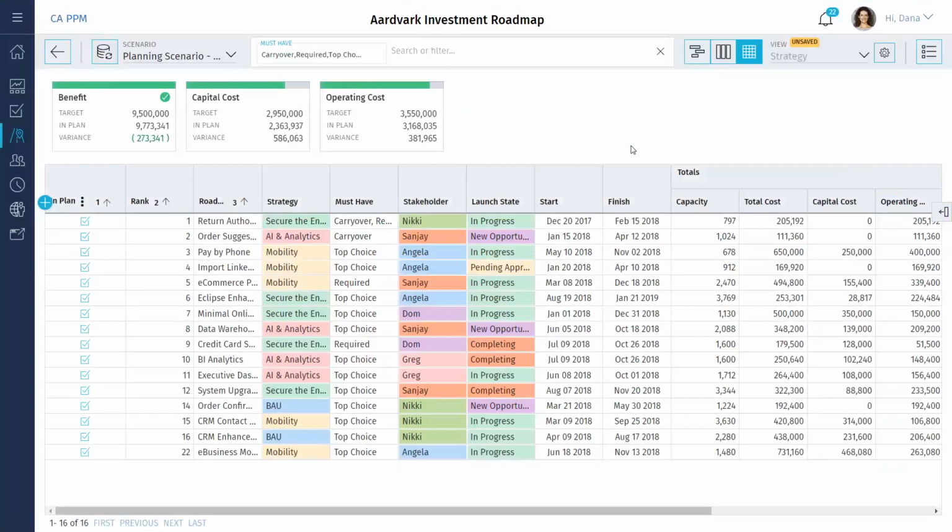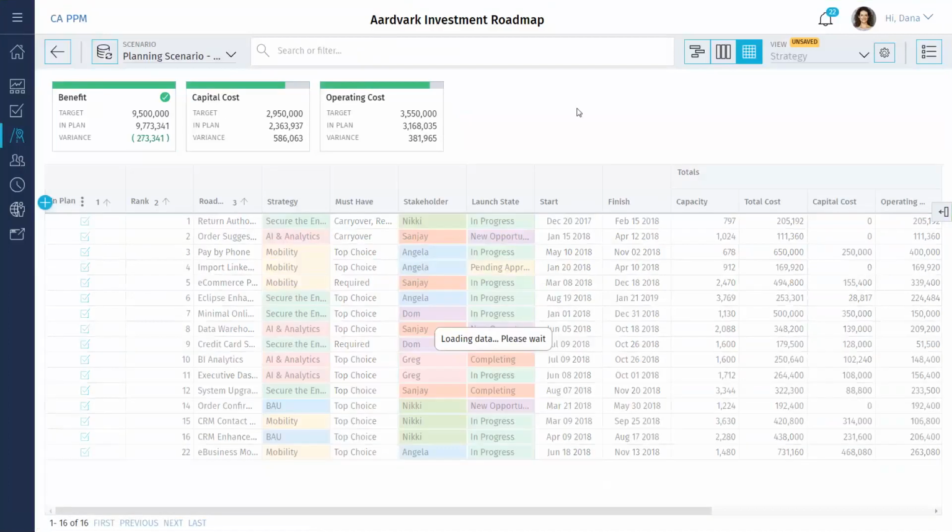Okay, so now we've got all of our must-haves in the plan. You can see we have a little bit of extra capital expenditure available and a little bit of extra operational dollars as well. We're actually already exceeding our benefits target, so how awesome is that? But we have some more dollars to play with, so let's remove this filter and look at what we have